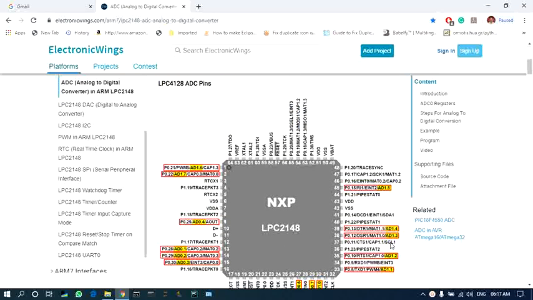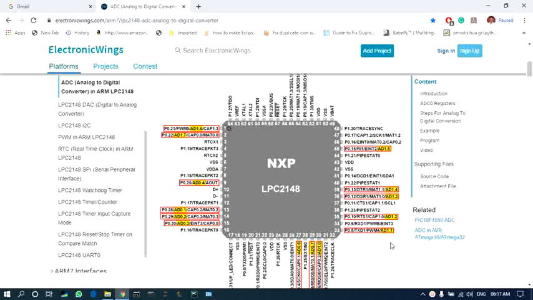Now let us have a look at the pin diagram of LPC 2148. As you can see here, the yellow highlighted pins are the pins that support ADC functions, and you can see there are 14 pins available.